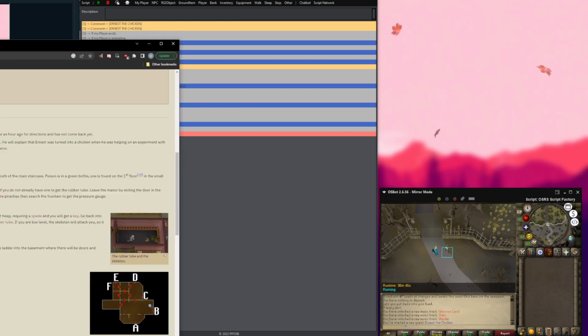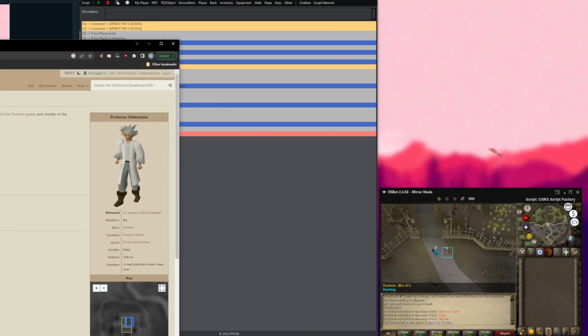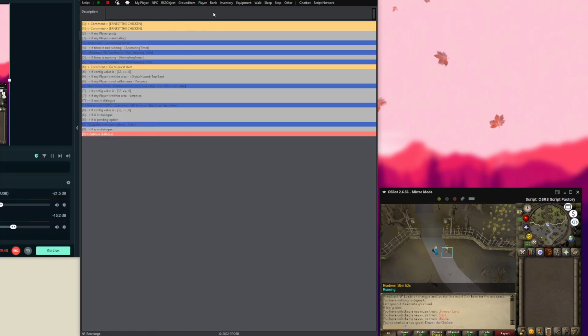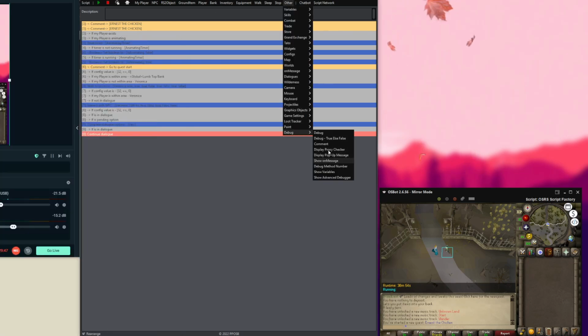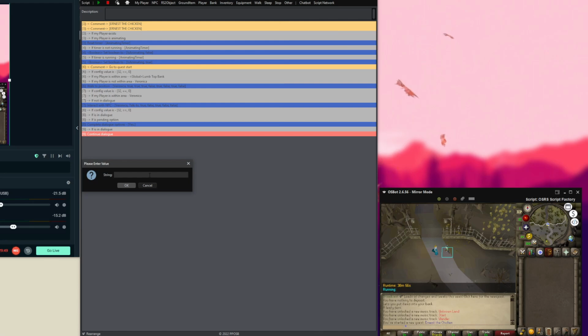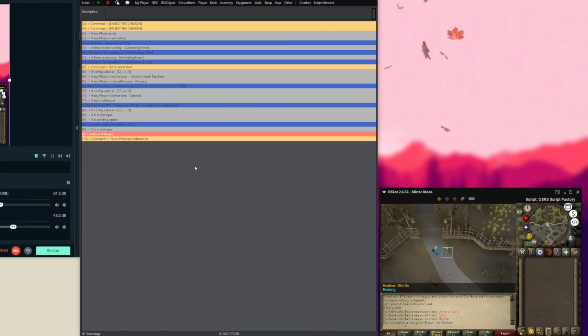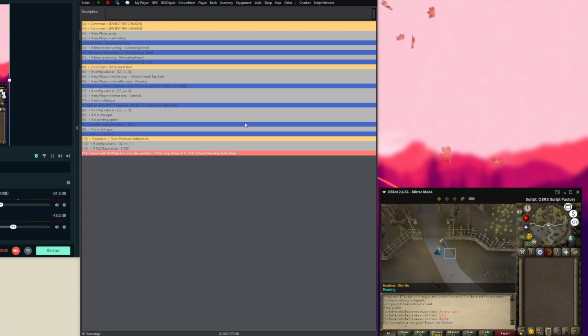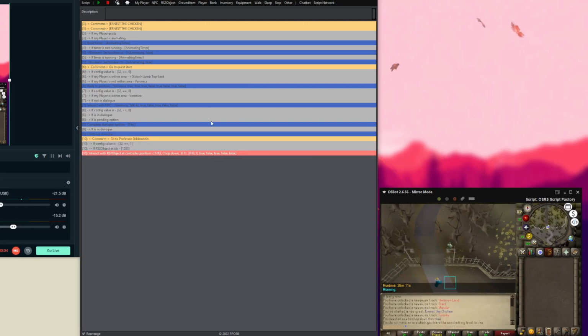And so we'll get his name, Professor Odenstein. Comment. Go to Professor Odenstein. Now, just like before, we want to grab the config value by doing just about anything. So chop down the tree. Obviously, you're not chopping down the tree, but now we just pulled the config value as